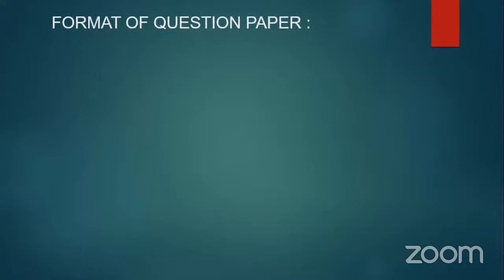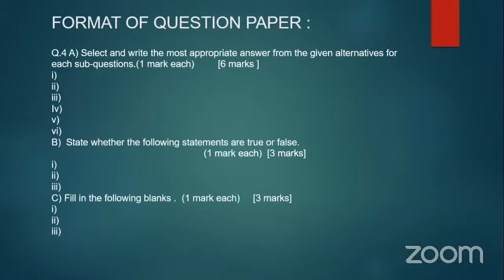If we consider the format of the question paper pattern, everyone knows it because it is similar to section 1. Now, question number 4A. Now, wherever we are attempting a question, first we have to read the questions very carefully. Now, question number 4A is: select and write the most appropriate answer from the given alternatives for each sub-question. That is question number 4, and same for question number 1A. But now, for example, if we have a question,